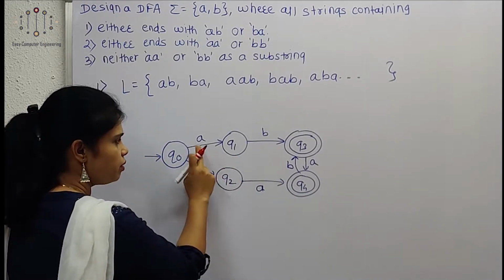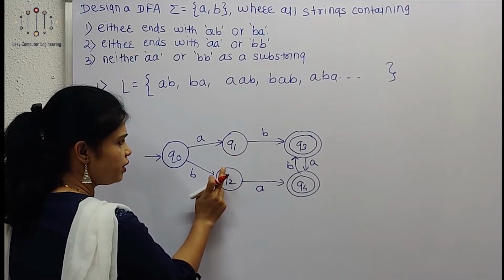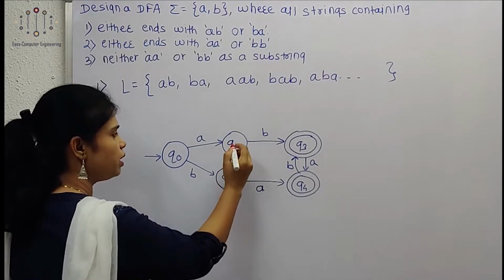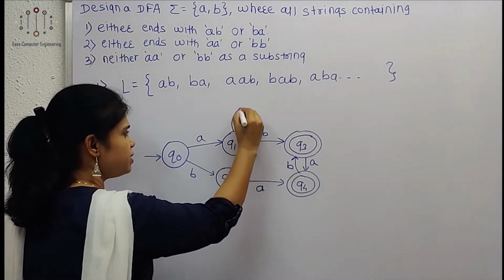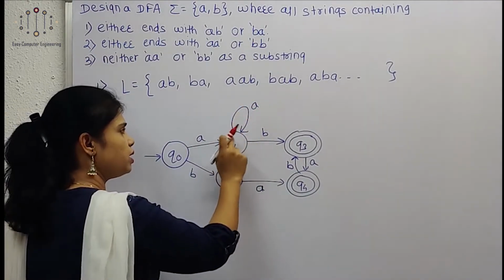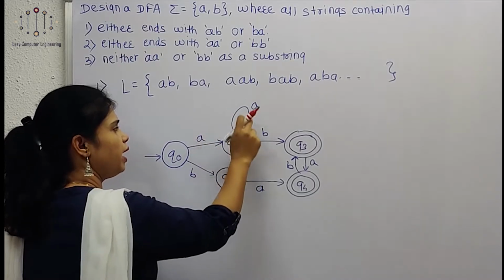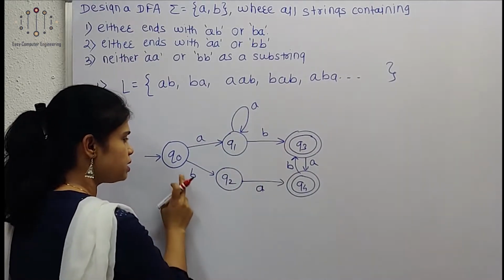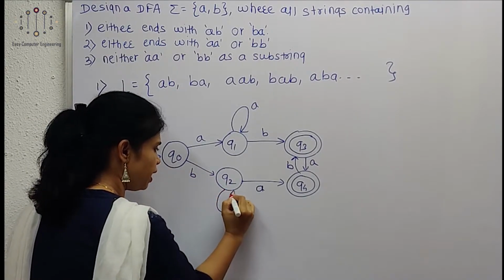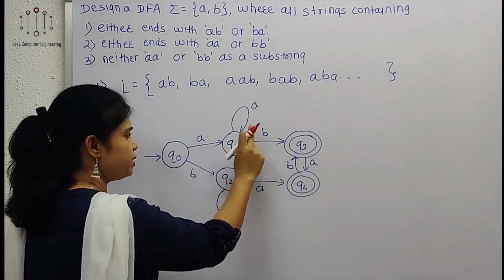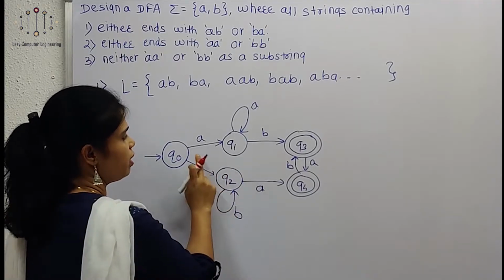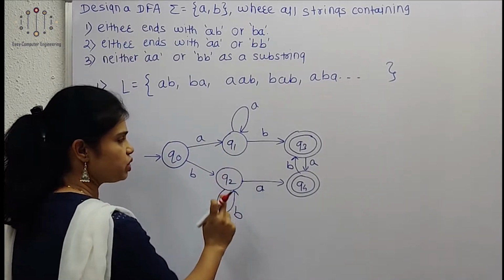So from this Q1, if there is a transition on A and later on B, here we can show the transition on A as a self loop, because these strings end with AB. So we can take a self loop over here: AAAB. Same for this, from Q2 we can show BBBBA like this. So we take the A transition from Q1 and the B transition from Q2. Okay, so from Q1 and Q2 both transitions are done.